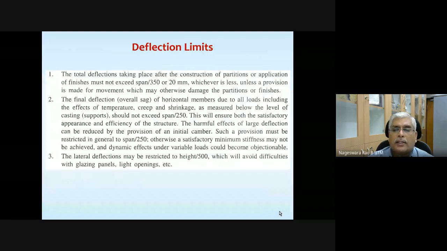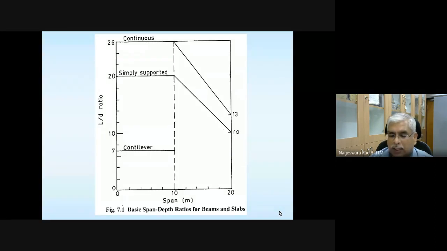Anyway, we'll come back to this one. Yesterday we noted this deflection limit. Once again, we'll come back to it at a later stage. And what is this figure which is projected here? It is nothing but a pictorial way of expressing it. Page 37, you please open your code book, because I cannot simultaneously open two things.